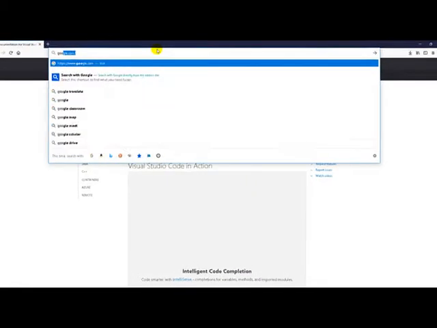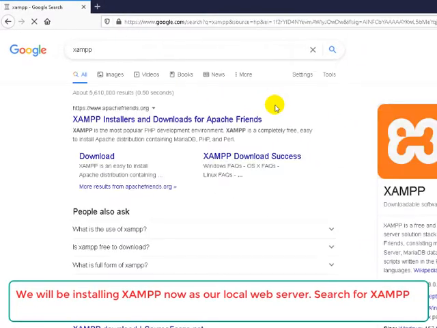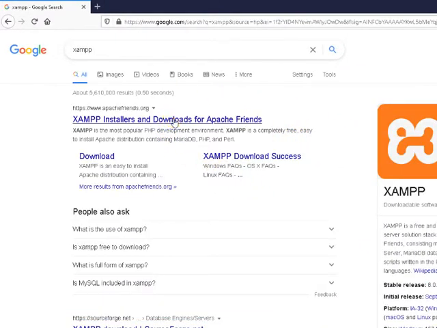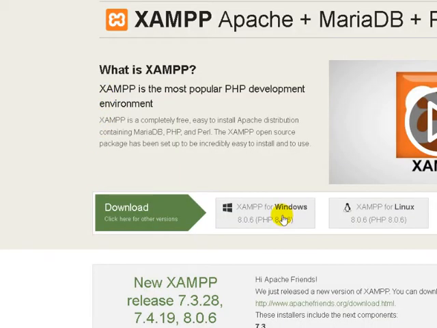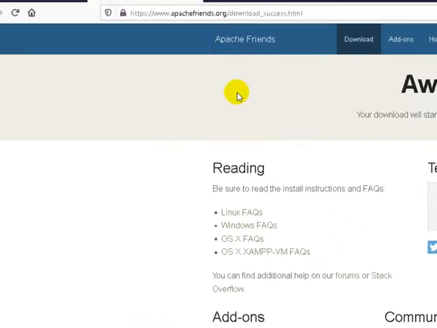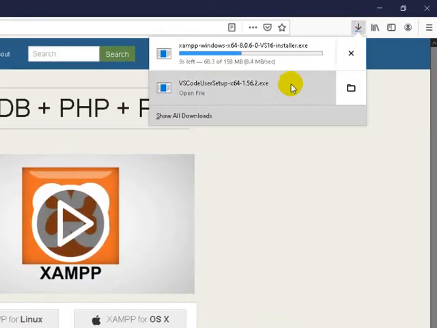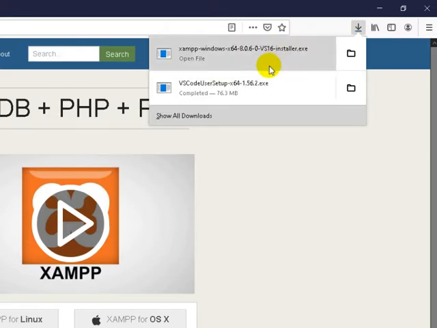After installing VS Code, we will be searching for XAMPP to be installed as our local web server. Click on the first link, then XAMPP for Windows, then Save File, then wait until it's completely downloaded. Open the file,